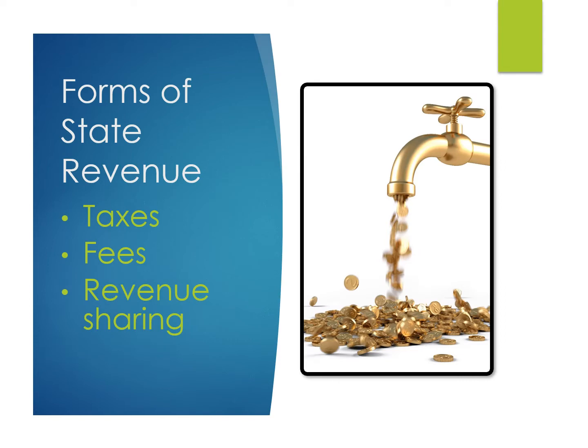States take in three general types of revenue. Remember, revenue is just money coming into the state that they can then spend. States can use taxes. They can use fees. Fees are things like, say you want to go camping in Ohio and you go to a state park, you pay a fee, and some of that money goes towards keeping the park going, but some of it goes towards the government. So taxes, fees, and then what's called revenue sharing.